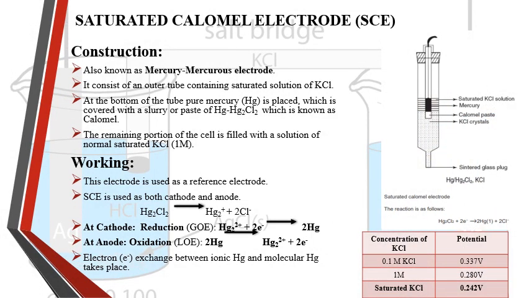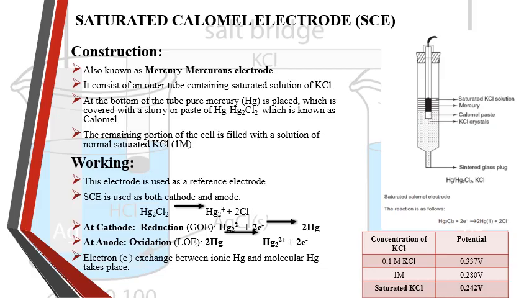The saturated calomel electrode is a common reference electrode made from mercury and mercury-1 chloride immersed in a saturated solution of potassium chloride. Its potential remains constant, making it ideal for use in potentiometric analysis. It consists of a porous disc at the base of the electrode, which is clogged. Above it, the glass tube is filled with potassium chloride crystals, and above that, it is filled with the calomel